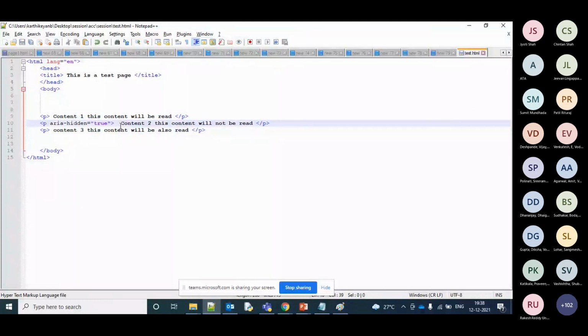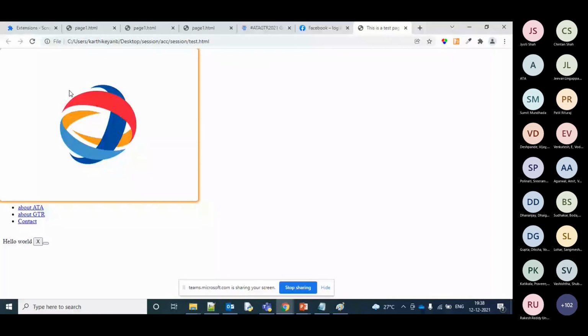So when you're testing, if you find particular sentences that are not coming out properly, for example mathematical equations or things you need to skip for the screen reading software, then you can raise a defect or a suggestion to your developers: set this ARIA hidden equal to true for this particular content, because it's not working properly on the screen reader. So let me refresh it.